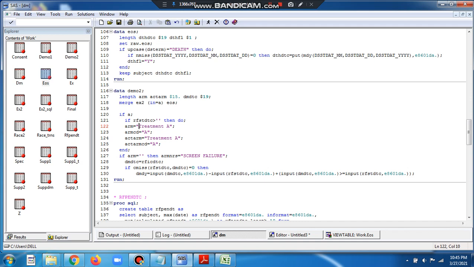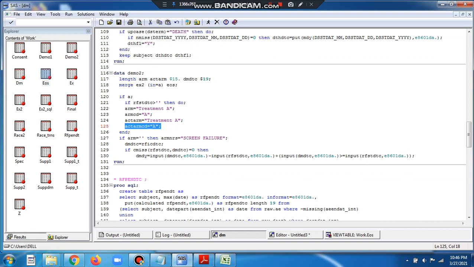In this scenario we are assigning the value because we have only one treatment, treatment A. So we are assigning treatment A to ARM, and ACTARM is also the same as ARM. So what was planned and what was actual are the same, because we have only one treatment here. ARMCD is the abbreviated form of ARM, so we have value A. Similarly for ACTARMCD, here we are directly assigning the values.